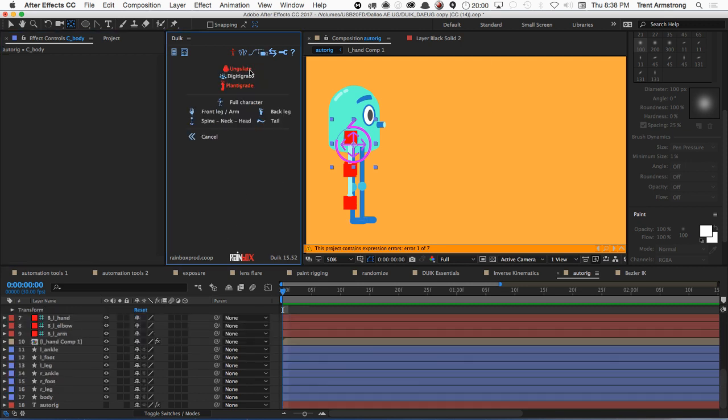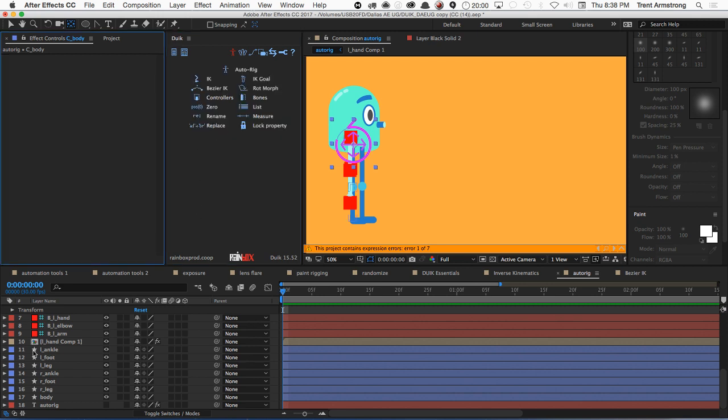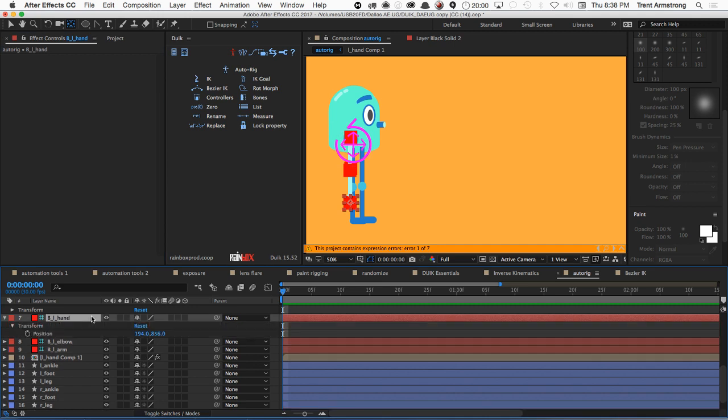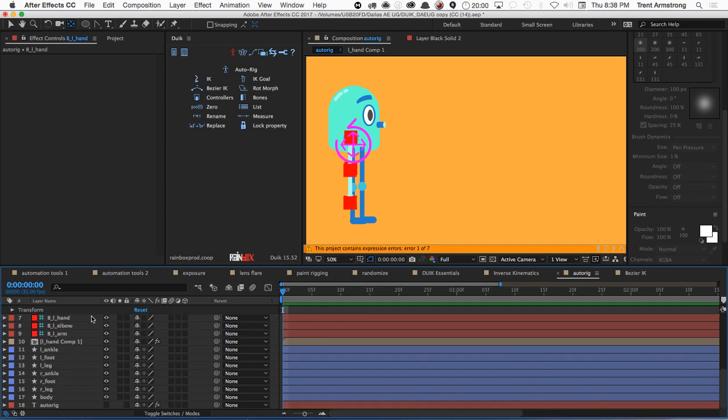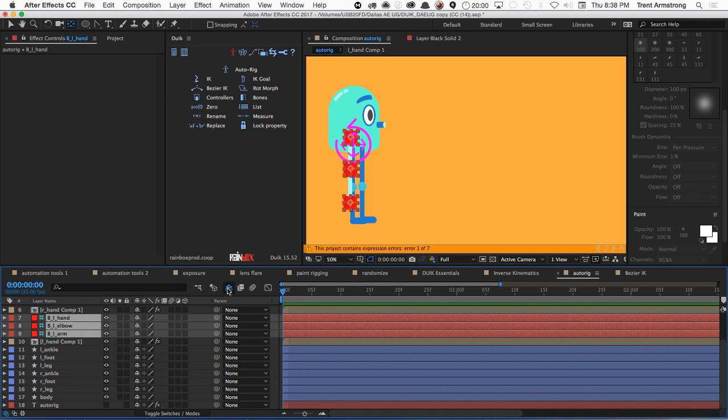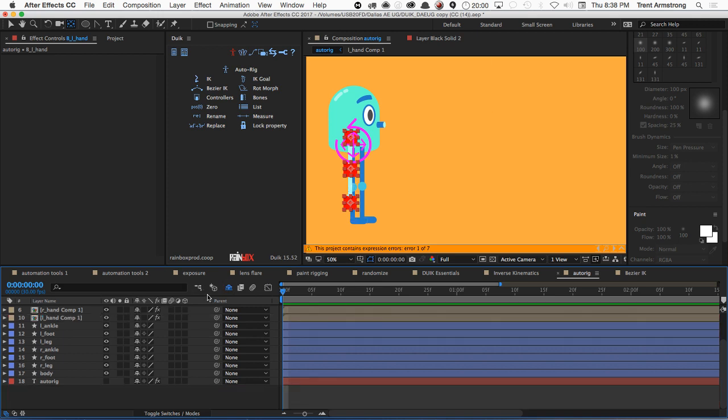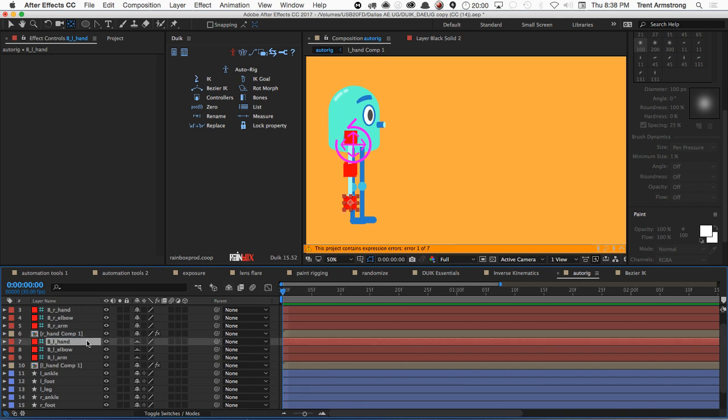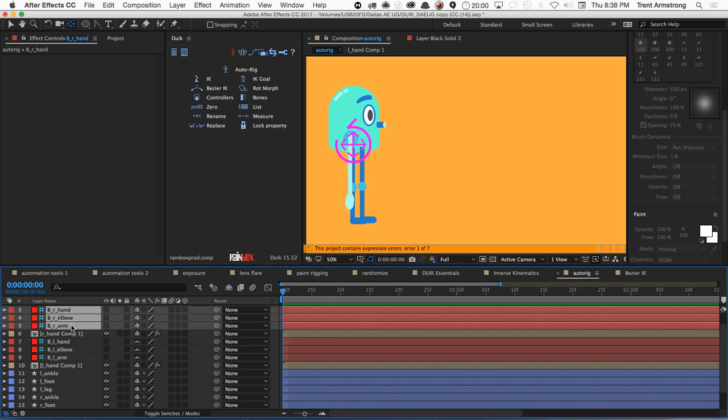So hit U to twirl everything up in your layer or your timeline. Hit U to twirl, deselect. Hit U. All right, hit U again. There you go. Everything's twirled up. Hide your red layers. Nope. Hold on. Undo that, and then turn the eyeballs off. That's all you need to do. And then rename or hit